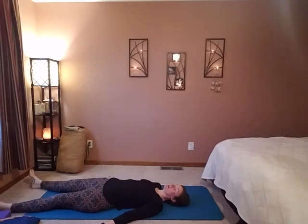Moving to our other diagonal, starting with your left toes, your left foot, your ankle, your left calf, and your knee, your left thigh and pelvis,